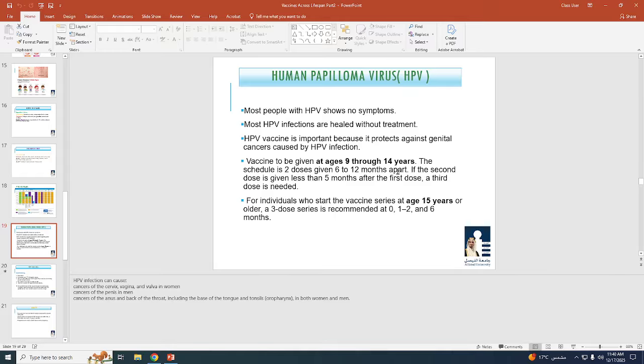Where did you say that was? The HPV vaccine. You told us to go to the main library. Yeah, it's the Main Library, ground floor, sorry, not first floor, ground floor, between the faculty and Students Affairs. There is a small hall, and you're going to see the booth there, and we are offering it for free, of course, the first dose, and now we are working with them to also provide us with the second dose as well.